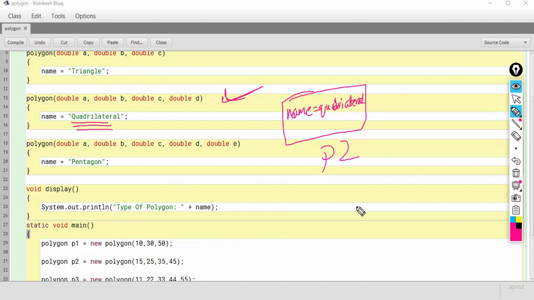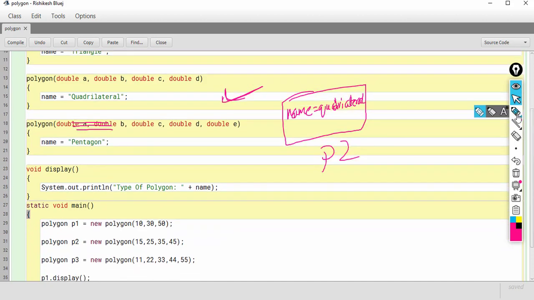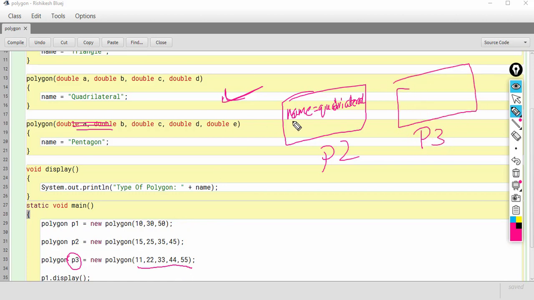And then finally I create one more object P3, and this time I pass 5 arguments here. So P3 will be created, and in its name pentagon will be assigned. So here P3's instance variable name will contain pentagon.